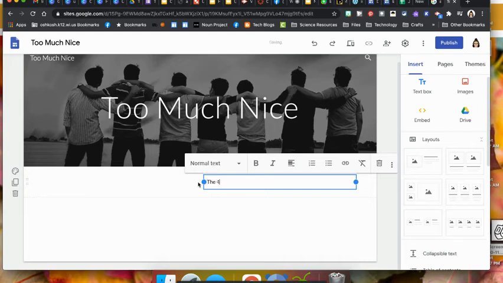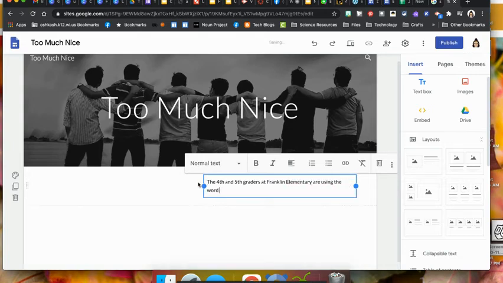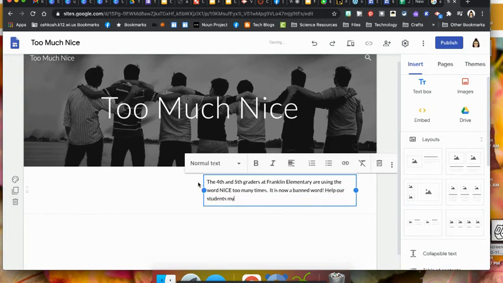4th and 5th graders, Franklin Elementary, are using the word nice too many times. It is now a banned word. Help our students by unlocking the synonym